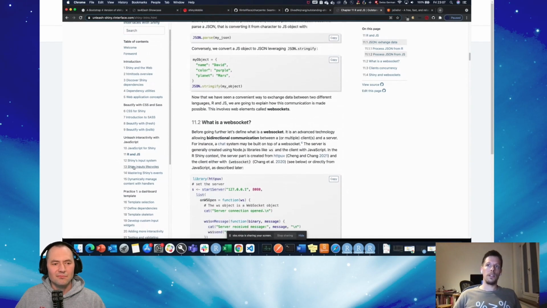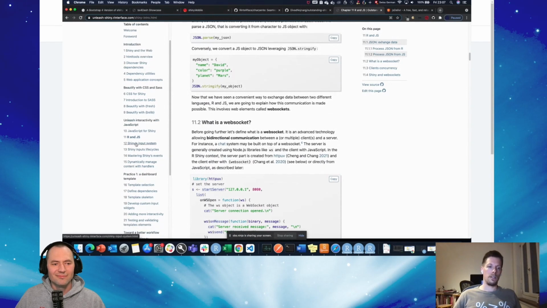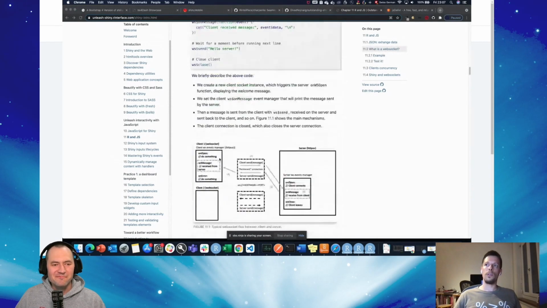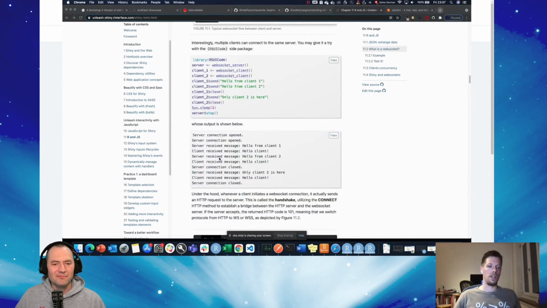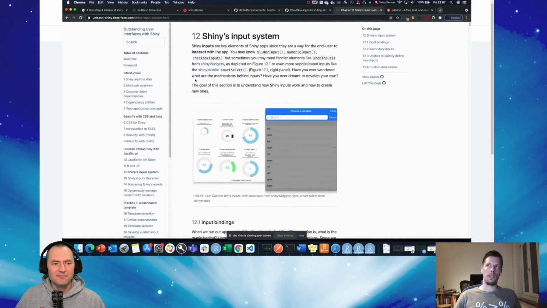Yeah, HTTP UV doesn't have documentation like package down also. So I found it interesting to try to better understand what is under the hood. It's cool. Definitely, if you don't master that part, that will not prevent you from making custom templates. But that's nice to know. Here, what really the take-home message is the Shiny input system,